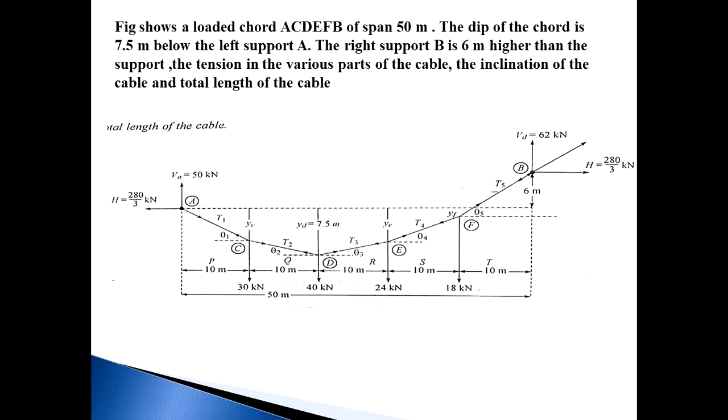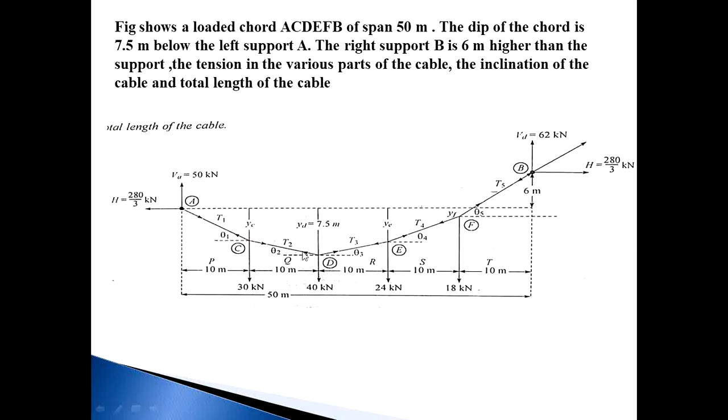So let us see one problem subjected to cable. Figure shows a loaded cord ACDEFB of span 50 meter. The depth of the cord is 7.5 meter below the left support A. The right support B is 6 meter higher than the support. Determine the tension in the various parts of the cable, the inclination of the cable, and the total length of the cable. This is the determination: tension in each part, inclination theta 1, theta 2, and total length of